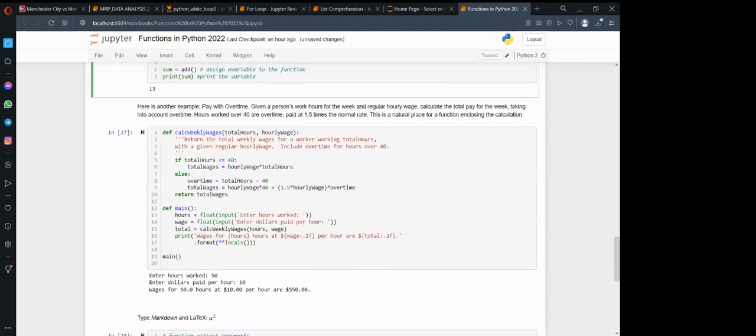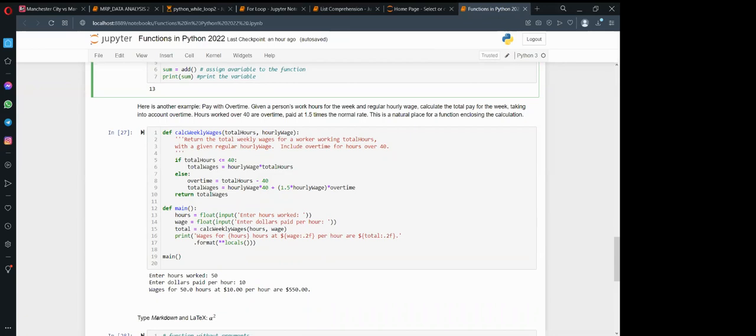Functions have very many applications. In real life situations, you'll be doing things like calculating payroll. Here is a situation where you are calculating the wages of an employee. You can see there are two functions.